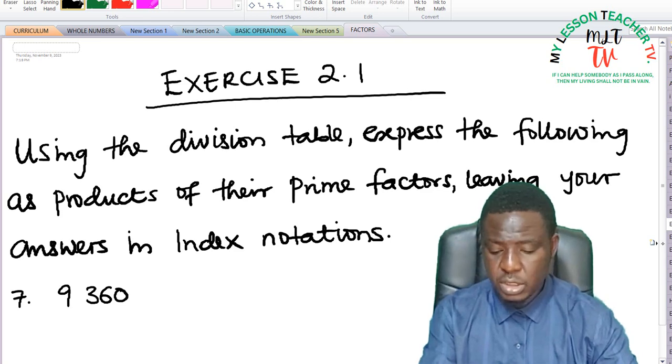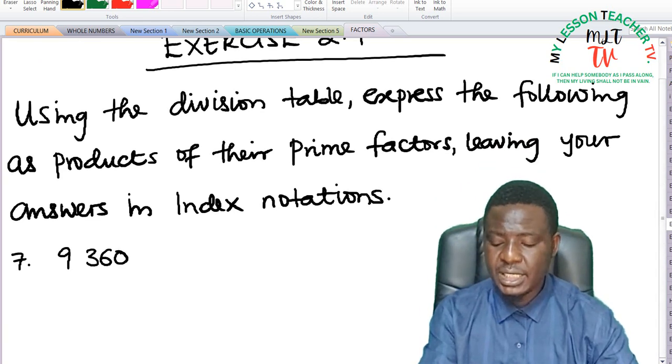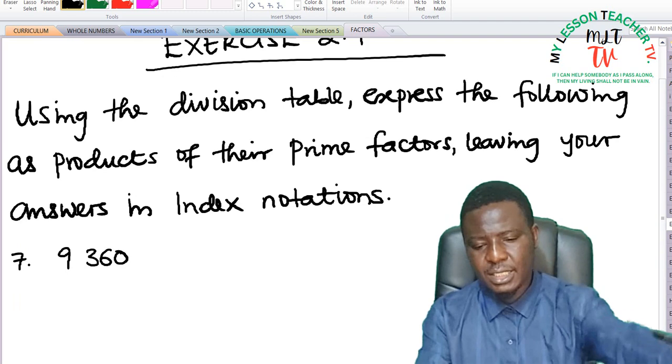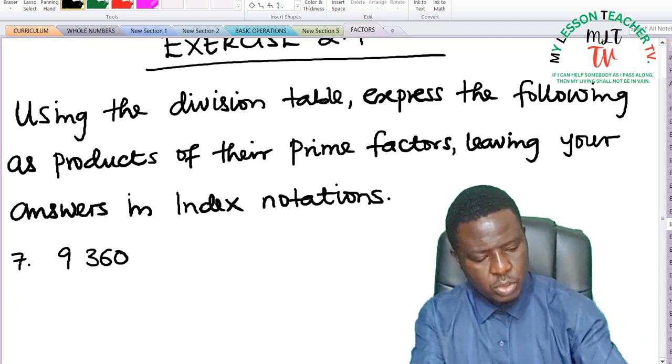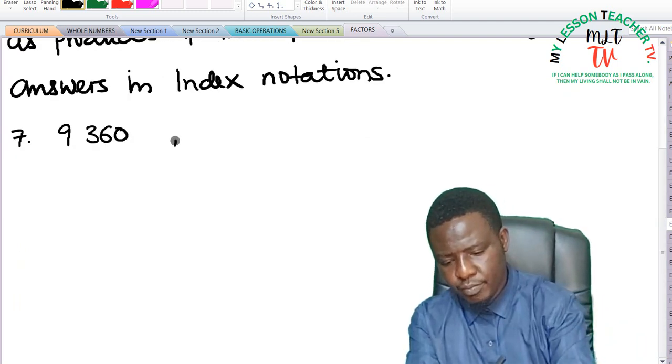Question 7 says we should express 9,360 as a product of its prime factors using the division table. So this is going to be